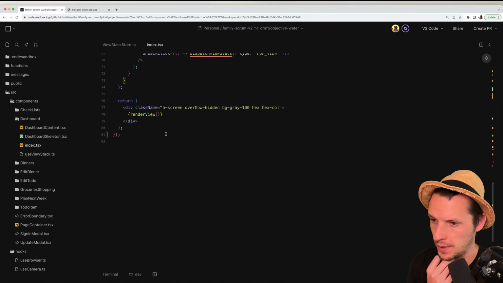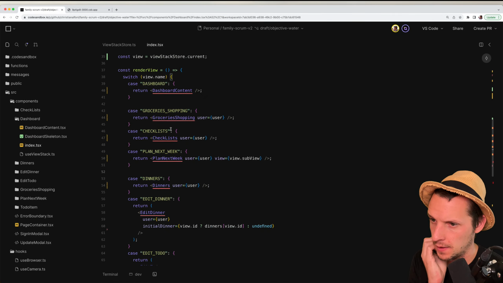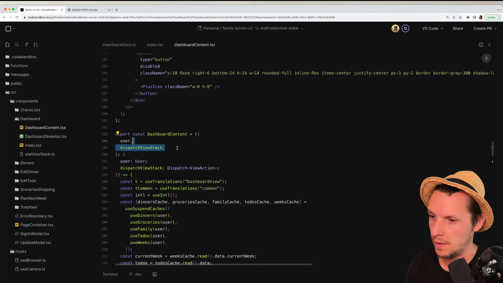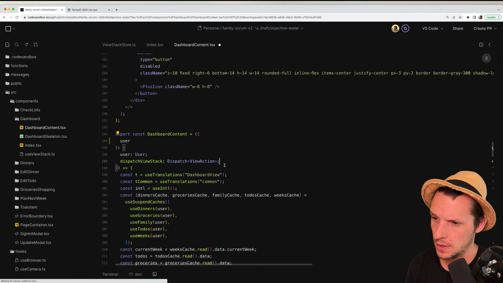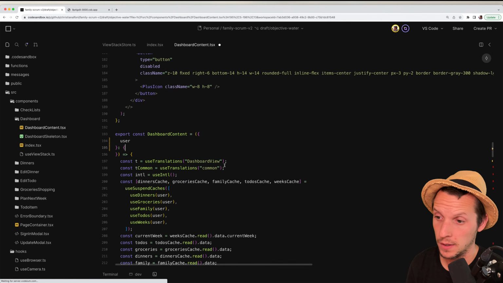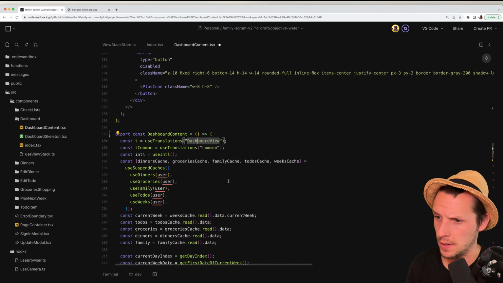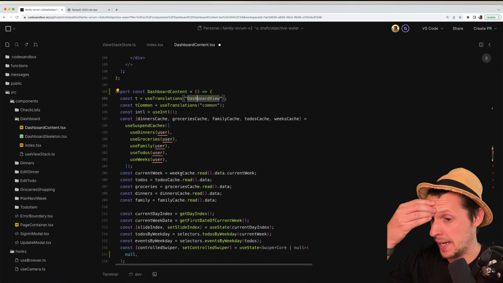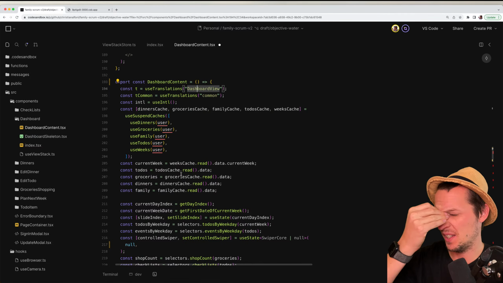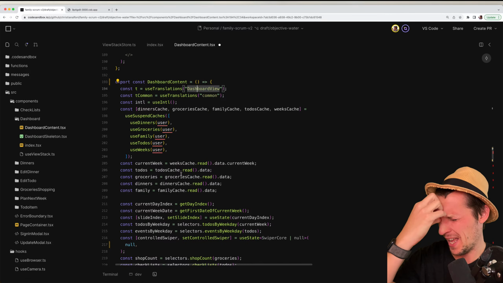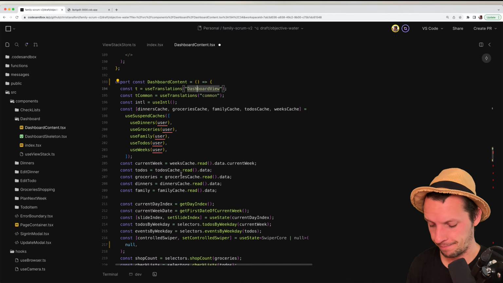Okay, so we are going to render dashboard content. That's fine. So let's go and look at dashboard content. It doesn't need to dispatch here. We don't need a user either. So this basically just becomes a component like this. And here we can see, the way I want this dashboard to behave is that each